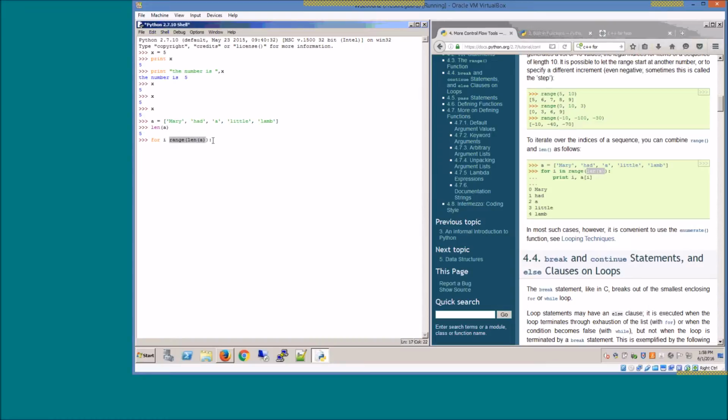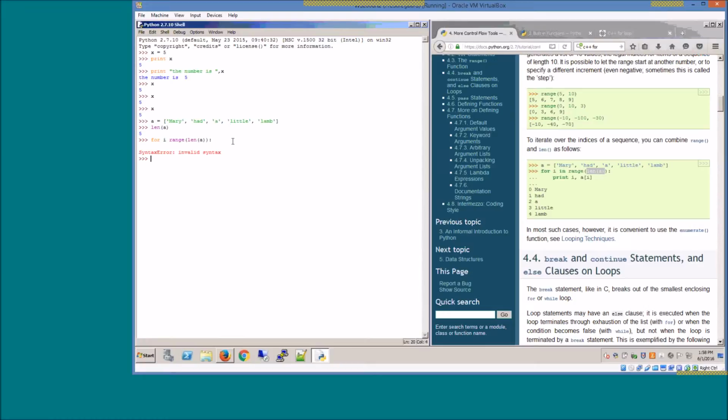Why is that important here? Because indexes start with 0. Which index is the 5th item here? It's an index of 4: 0, 1, 2, 3, 4. So range, and the fact that it is not inclusive of the ending number, is very useful in a for loop for iterating through,